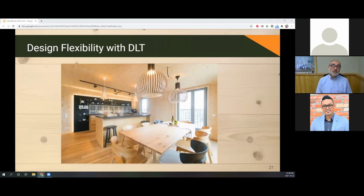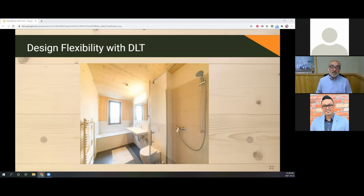Now we have a few sample pictures from interiors. This is a kitchen living room or kitchen dining room where you can see the wall and ceiling with cross-laminated DLT. Here we have a bathroom, and you can see in the bathroom you have a lot of exposed timber, and there's